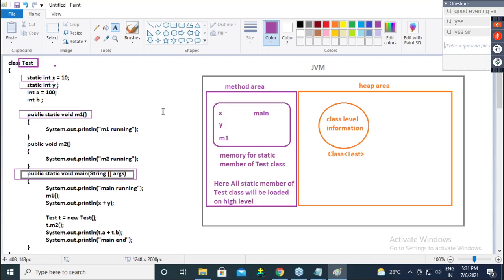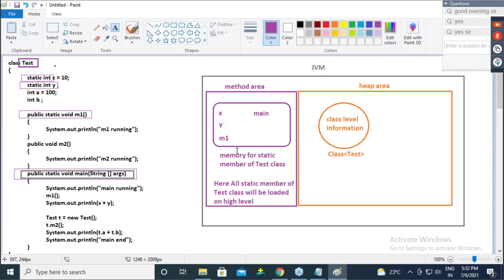Guys, assume after this entire JVM process happens, the entire JVM execution happens, you will get output also. Everything is done. Guys, after that, if you want to run the same class again, will you do compilation again?